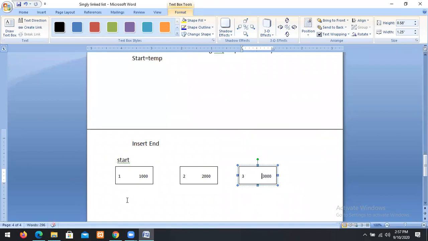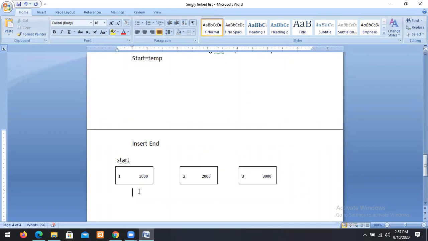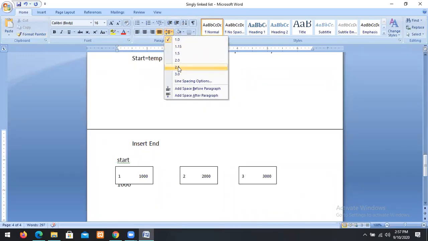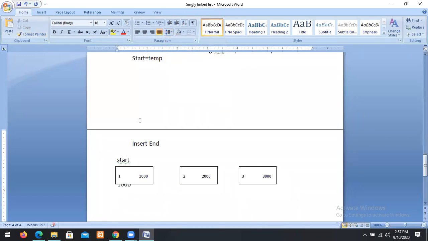So this is the list of three nodes. This is the address of the first node. This is the address of the second node.